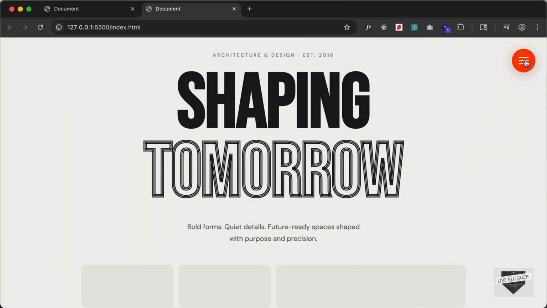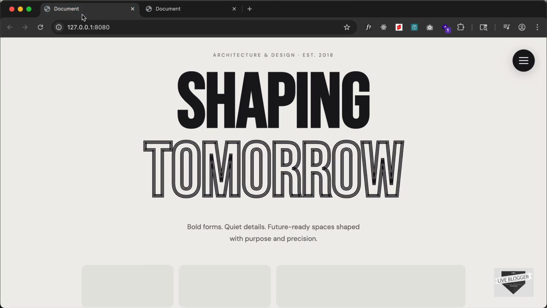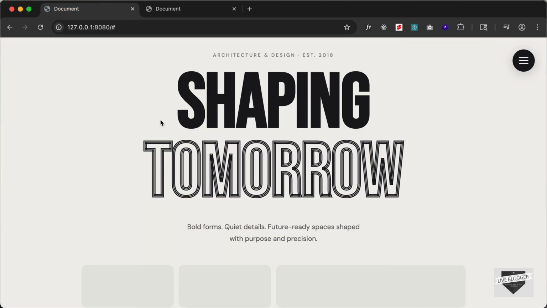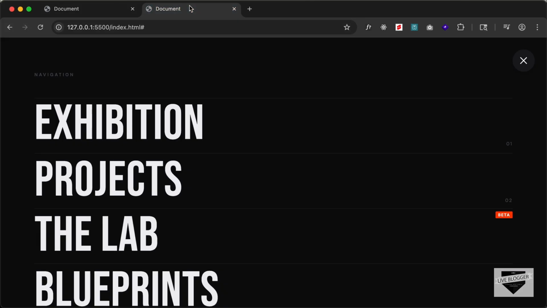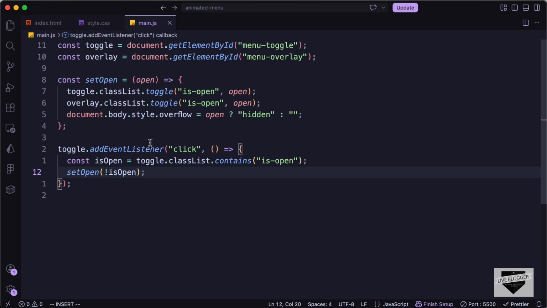Now let's add one more event listener. So when we click on any of these links, we need to close this menu. So if you go to the original design, and if I click on this menu icon, and if I click on this menu, we can see that it closes. So let's do that. Let's go back to our source code, and let's go to the JavaScript file, and here let's type